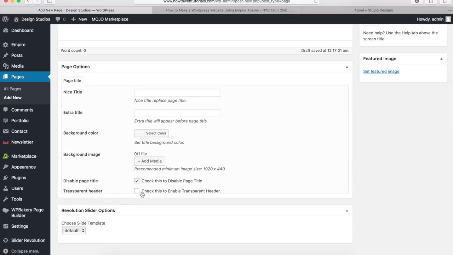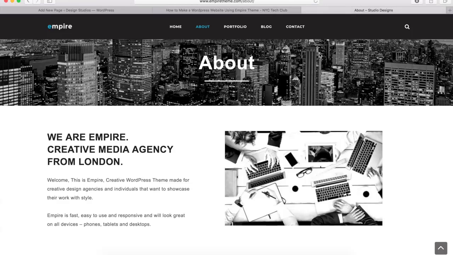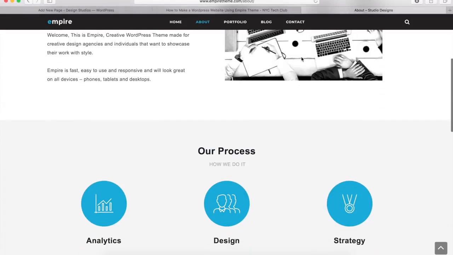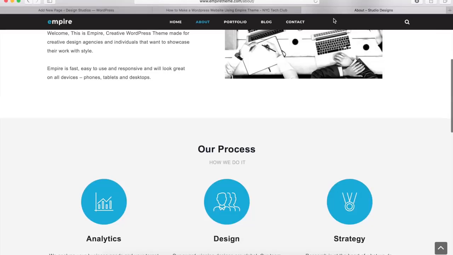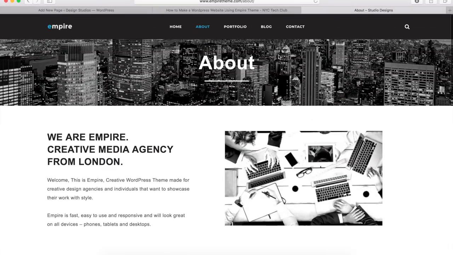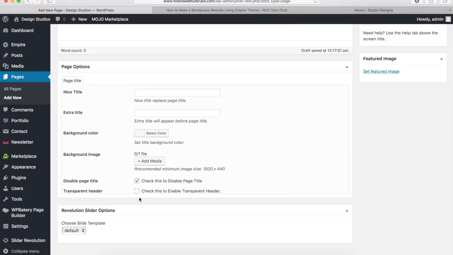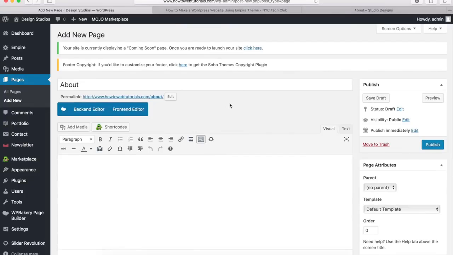And if you want to enable the transparent header, you can, but I like to leave that unchecked because you can see on the demo WordPress website, my header for this page has a background color, and if I scroll down, it turns to a black color right here. And I like that for this page, so I'm going to leave that, and I'm not going to enable the transparent header menu. So once you're ready, let's just come back up to the top, and we want to turn